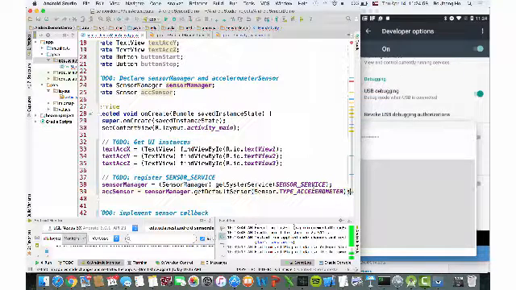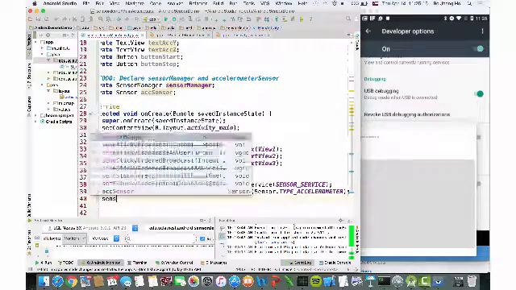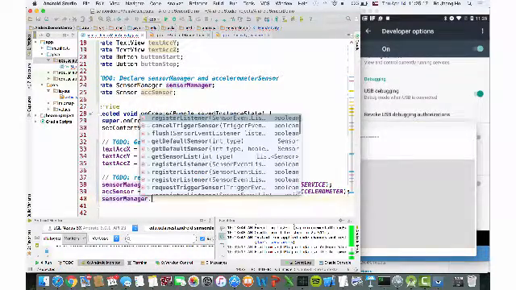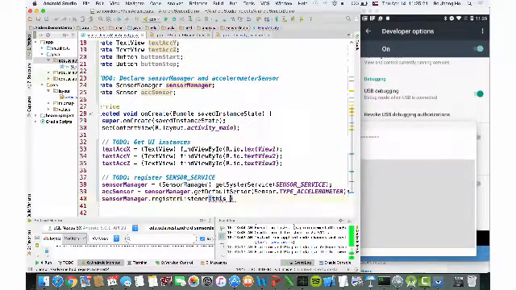Okay, the final thing is that we have the sensor manager, we have the accelerometer sensor. We want to register the sensor into the Android operating system so that we can get the information. So the final thing is that we want to use the sensorManager's registerListener. We put this first, and then